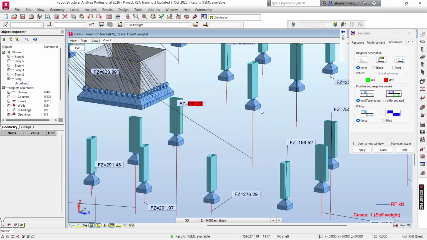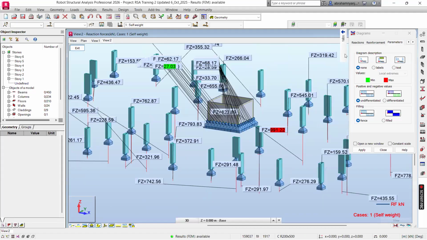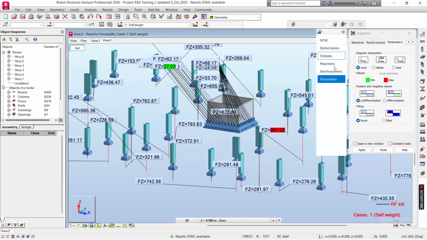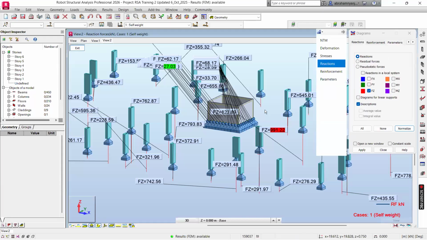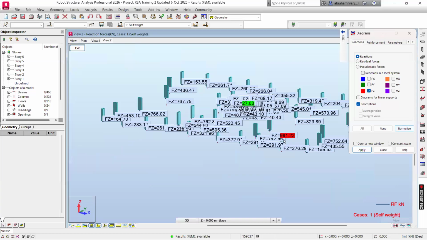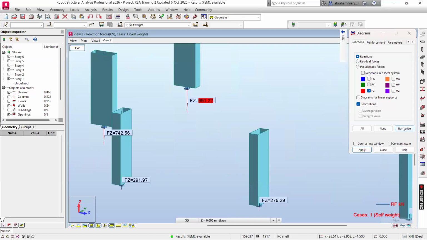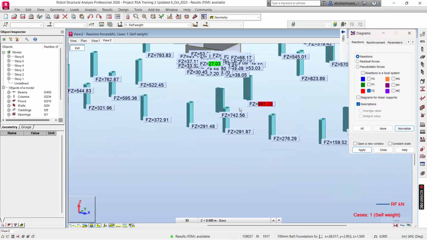You can see there is a column here. All you have to do to organize is zoom in, then click on normalize